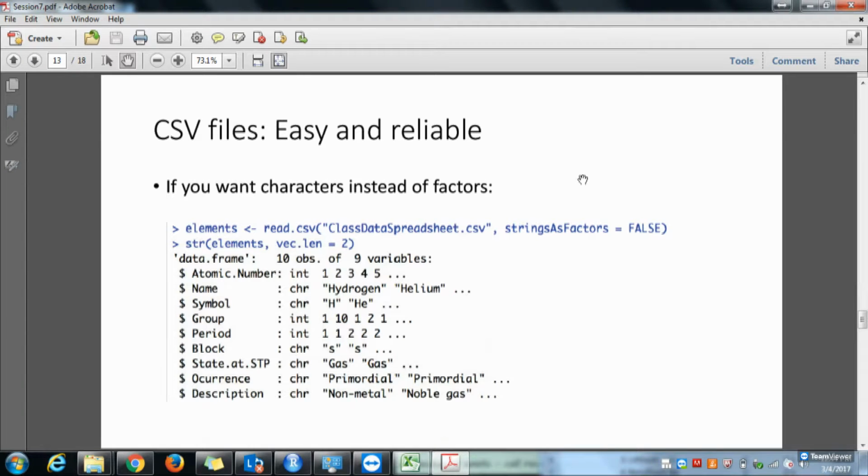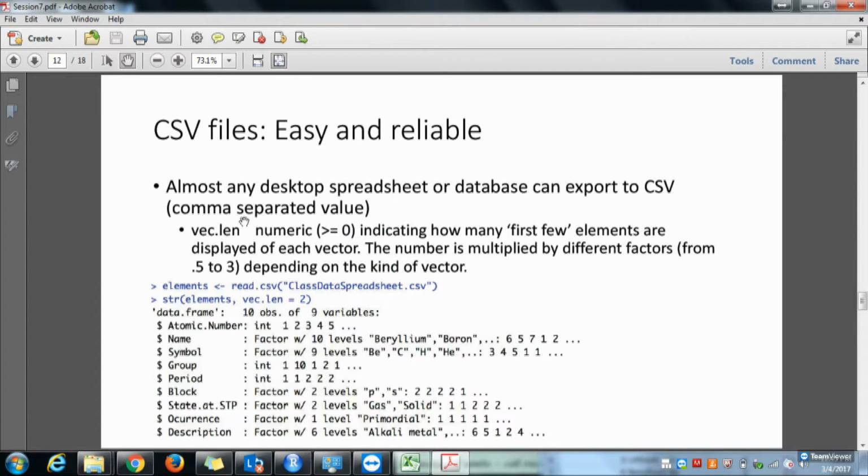So what happens in the CSV? I have this vec.length function written over here. What is it? It's going to set the number of variables that you need to display when you use the structure function. You remember from our first few sessions that the str function stands for structure, getting the structure of that data structure or variable. So give it the variable and this parameter within structure,